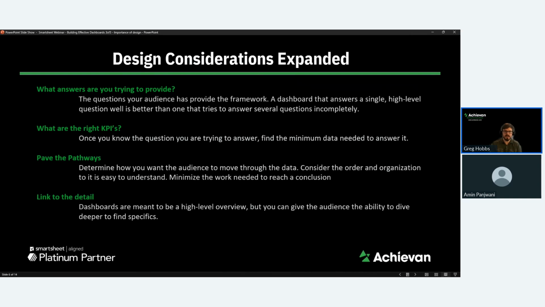So using the example of project management, like in a RAID log, a risk, action, issue, decision log, you might just want to give really high level, what's the project, who's the project manager, what's the risk, and the description, or a risk rating or something. And if there's a lot more details, you can make it so that you click on that widget and it